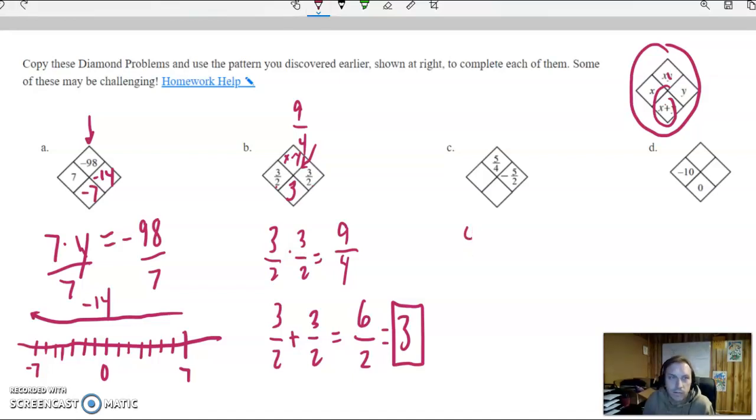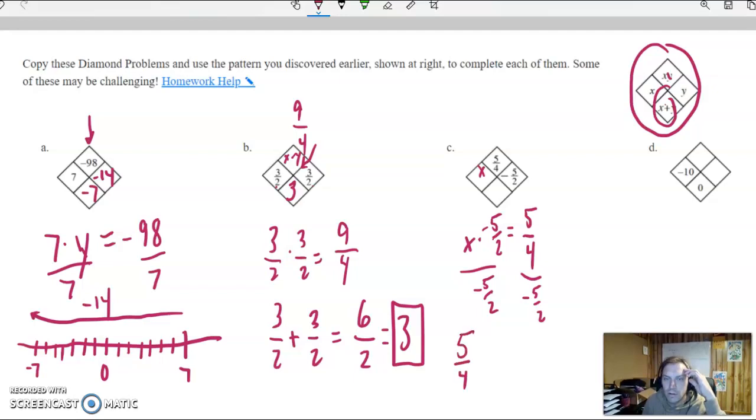Here I have 5/4. Go back. I have 5/4 is the product of this value times negative 5/2. So x times negative 5/2 equals 5/4. Well, if I multiply by negative 5/2, there's two things you can think of. I can divide by negative 5/2, and you maybe learned that when you divide by a fraction, you can multiply by its reciprocal. So if I divide both sides by 5/2,